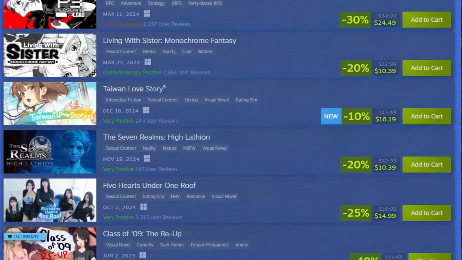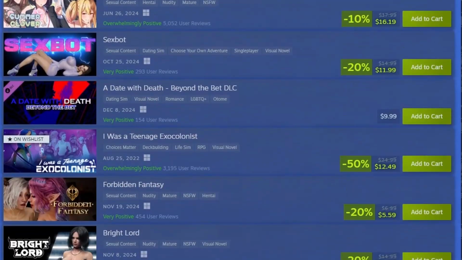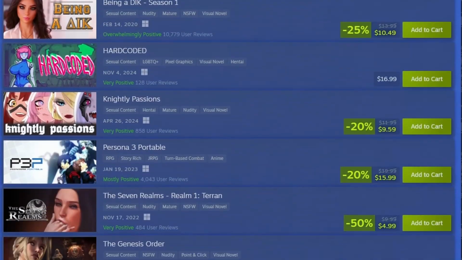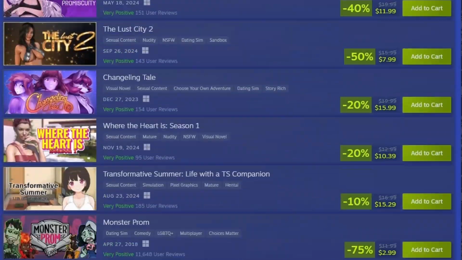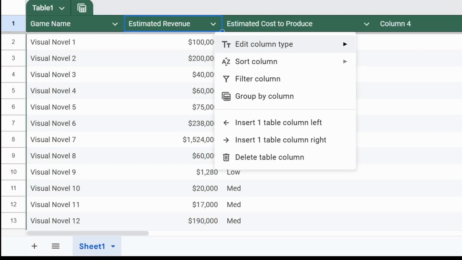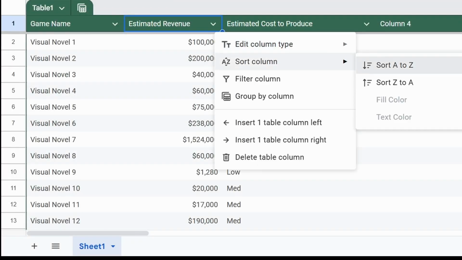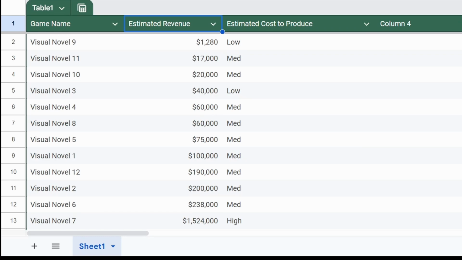Now, you want to do that for as many games as you can in your subgenre, preferably ones released within the last couple of years, to get an idea of what you can expect to earn for your game. Put them in a chart, arrange them by total estimated revenue, and we'll figure out the average revenue for that type of game. It's also worth considering how much these actually cost for the developers to make, especially the outliers.